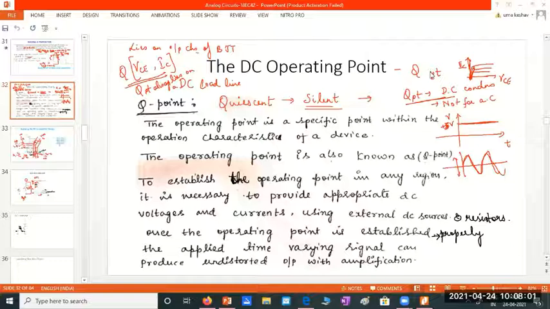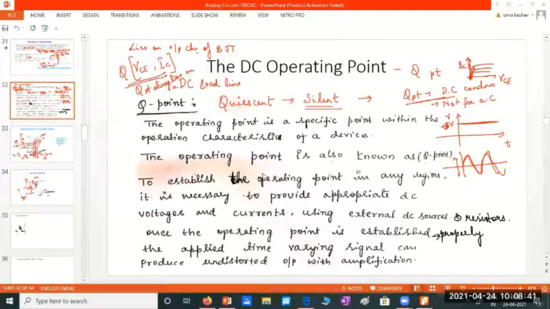And when both these values are more than 1, which happens only in a common emitter amplifier, you get a power gain. That's why CE is commonly preferred for all amplifiers. We don't prefer common base or common collector. In almost all amplifiers, we always prefer the common emitter configuration. That's why, for the coordinates of the Q point, I have marked the collector current and collector emitter voltage of the CE configuration only. So it lies on the output characteristics of the BJT in CE configuration.